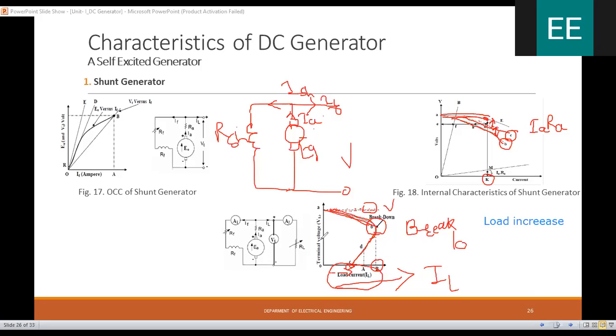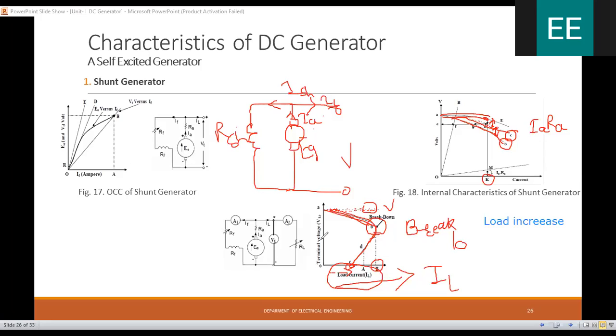Machine चे voltage पण काय होईल? Decrease व्हायला start होईल. And at one stage, at some value of current, the terminal voltage of the DC shunt motor will become equal to 0. That means a short circuit will happen, that is, a short circuit in between the coil. Okay, so this is the external characteristics or the load characteristics of DC shunt motor.